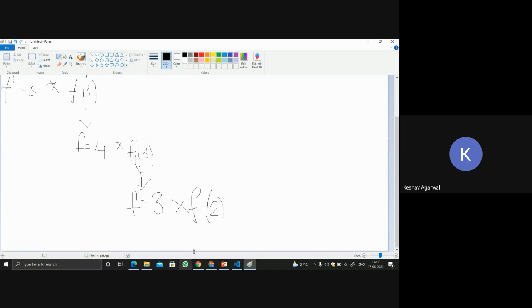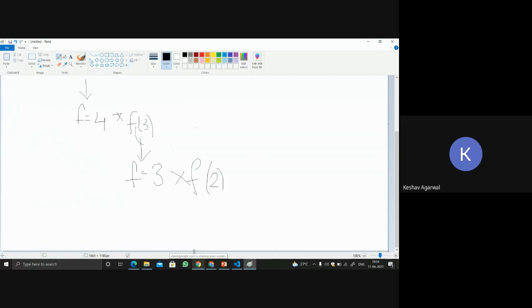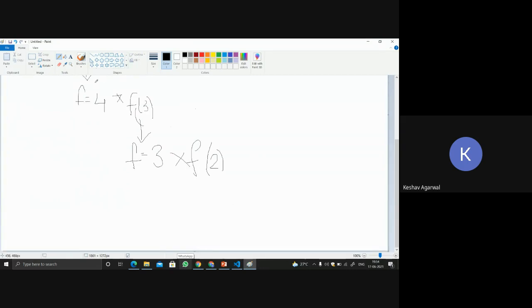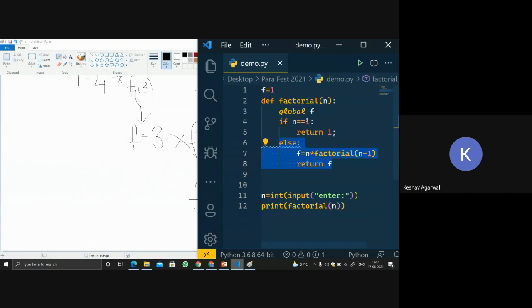So now what will happen? Again, it will check f is equal to 2 into f of 1, because 2 minus 1. Now this time when we go to this function, it will check if n is equal to 1.